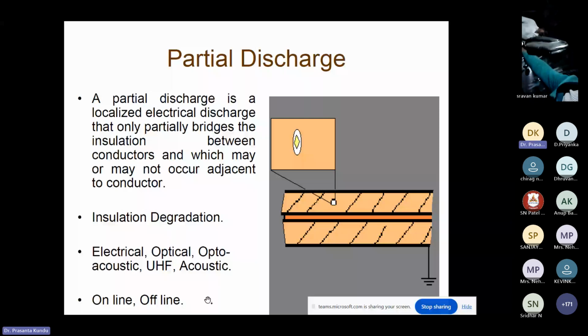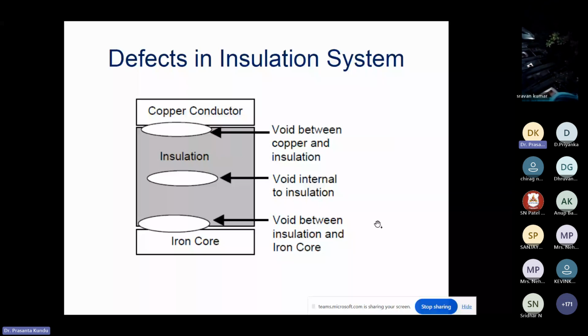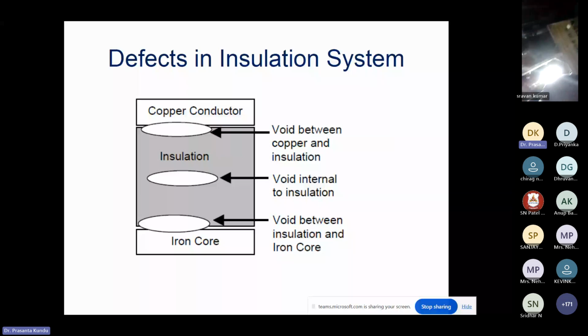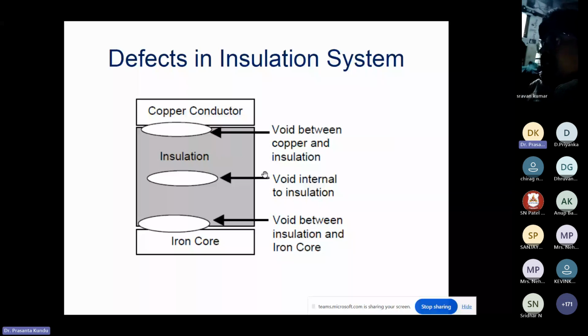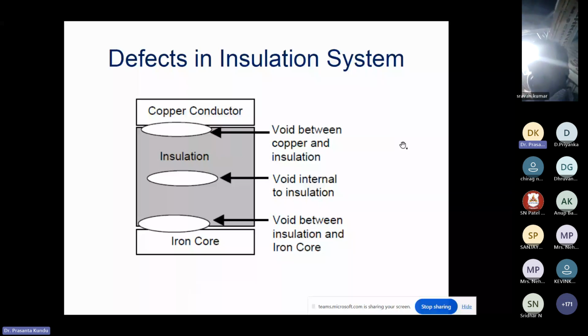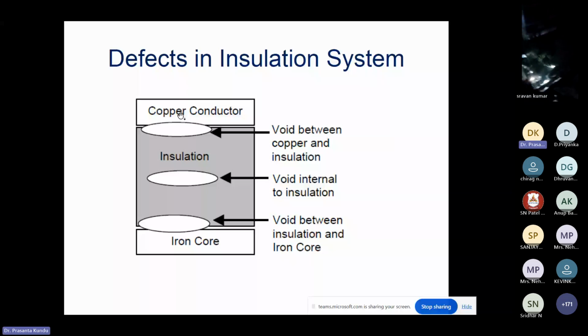Now, partial discharge occurs whenever there are insulation defects. If the insulation is pure, then there is very little chance of partial discharges. If the field is uniform, then there is less chance of partial discharges. But in practice, neither will the insulation be pure nor will the field be uniform, because of the complex nature of the electrical equipment, the conductor and its winding, and the grounded core part. So there will be some voids either attached to the HV conductor, some voids attached to the ground, and some in between. So there will be different discharges.